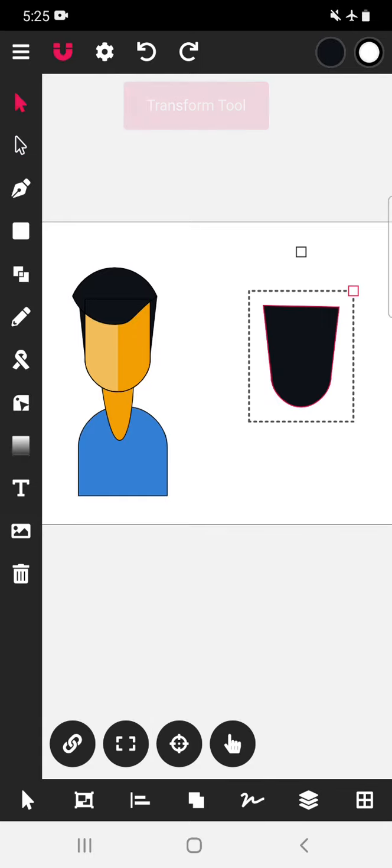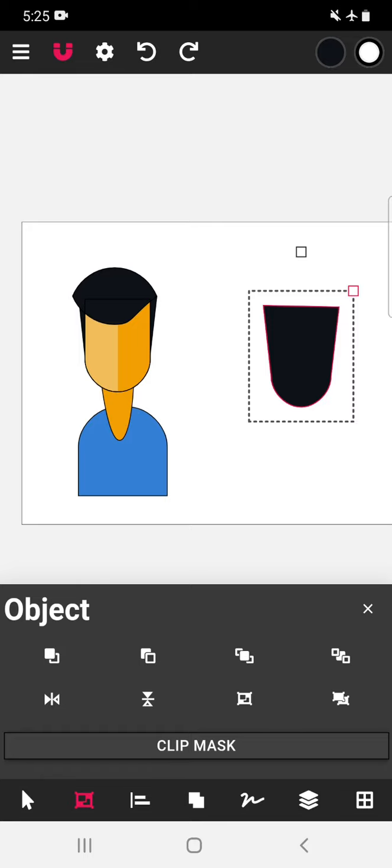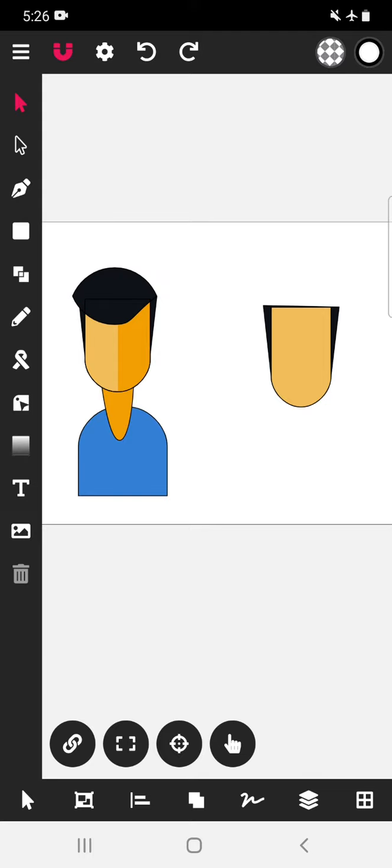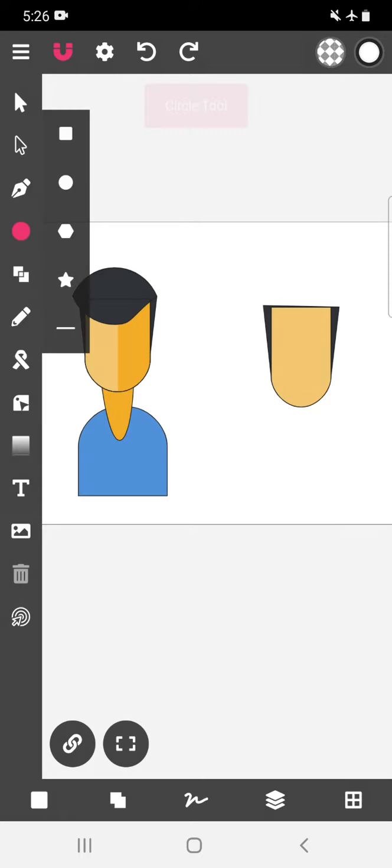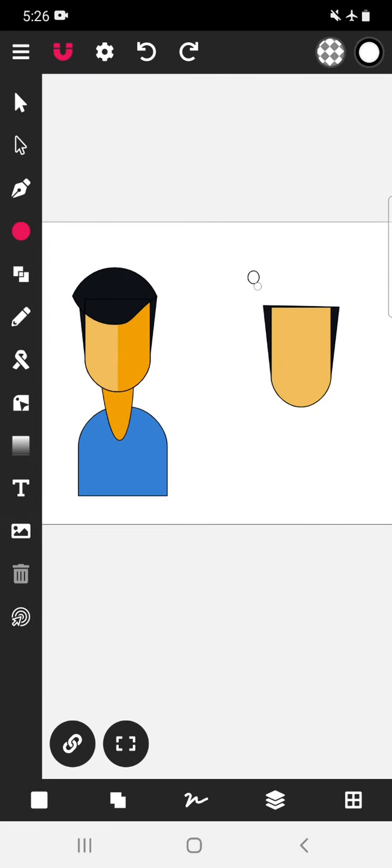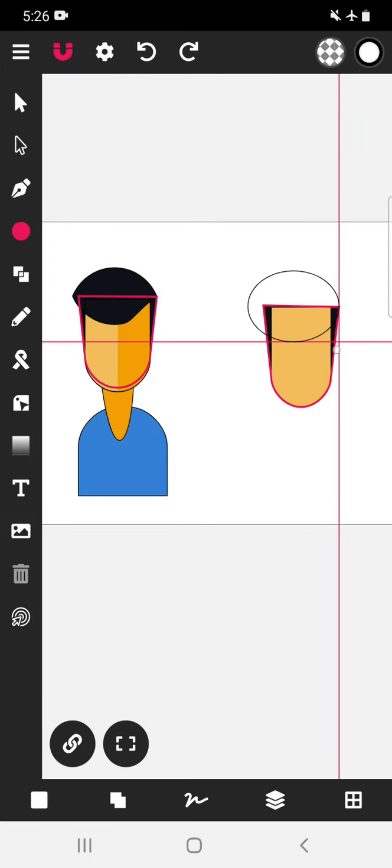Now we will move this particular copy which is on the first copy to backwards. Click here. Click on this icon. That copy is moved backwards. Now we need to make this particular part. Select the shape tool, double tap on it, select the circle tool. Now drag the circle over here.